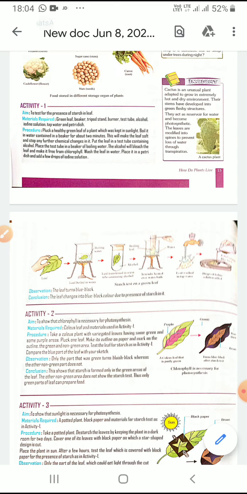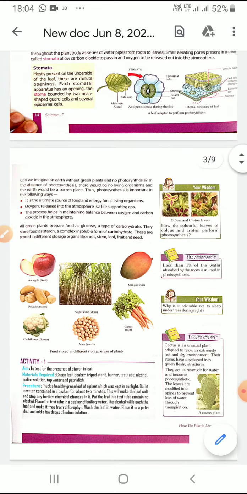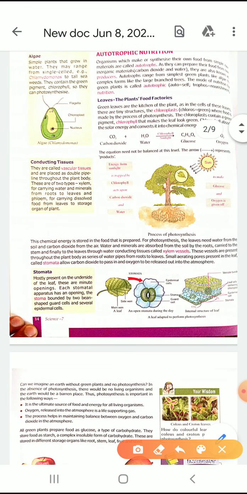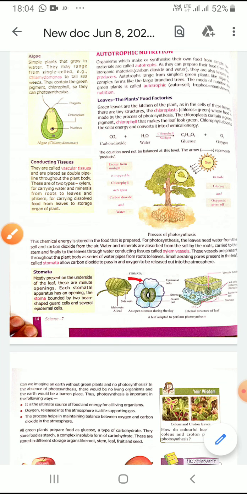Okay, so till now what we have learnt is that for the survival of everyone on earth, plants are very important because plants perform photosynthesis and produce their food. We have already seen the equation of photosynthesis. Carbon dioxide on reacting with water in the presence of chlorophyll and sunlight will give you glucose and oxygen. So glucose and oxygen are the byproducts of photosynthesis.